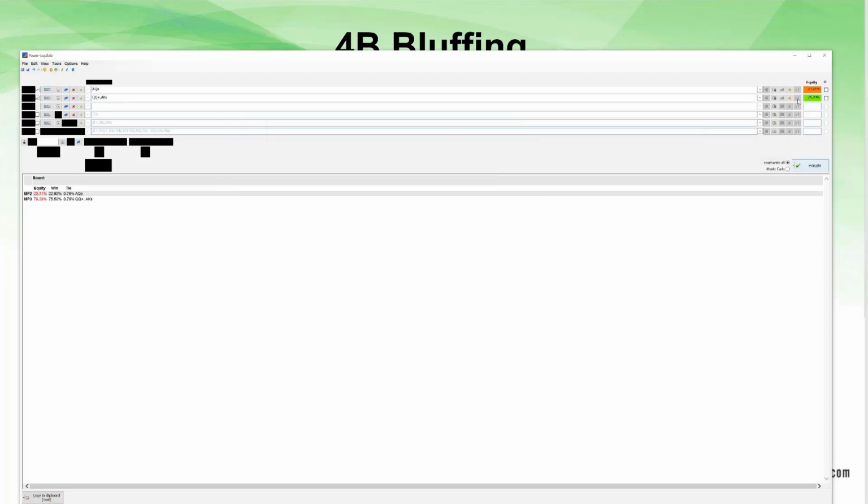Like 23%. Yeah, so you have 23%. So the point I'm trying to make is how much equity you have with these middling value 3-bet hands, like ace jack suited and ace queen, against the calling range, but how poor your equity is against the 4-bet range. And it's perfectly fine to 3-bet fold these hands against players that don't 4-bet bluff.